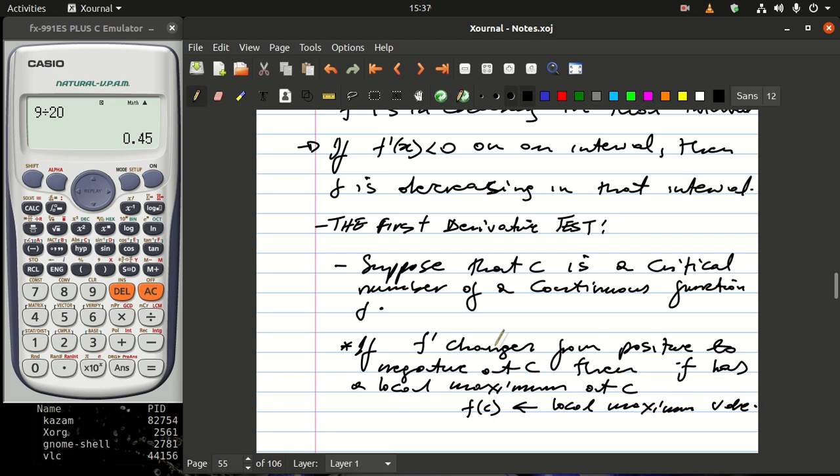That's what this is saying. Once you can see that the first derivative is changing from positive to negative, increase to decrease,